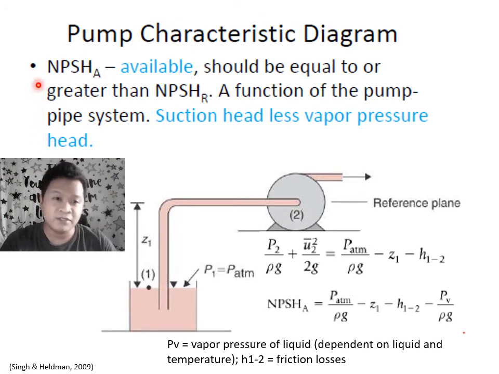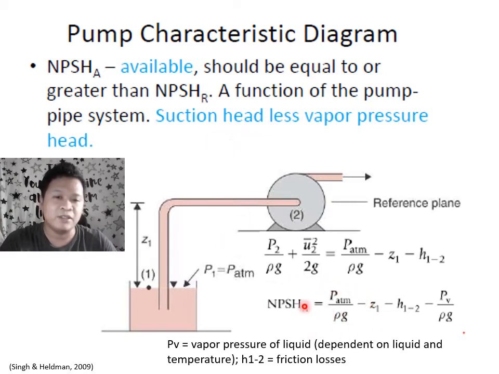So the net positive suction head available or NPSHA is a function of the pump pipe system. So nagbabago yun depende kung nilipat mo yung pump elsewhere, etc. And basically you just need the NPSHA to be greater than the NPSHR for the system to work. And the net positive suction head available is equal to the suction head minus the vapor pressure head, okay,